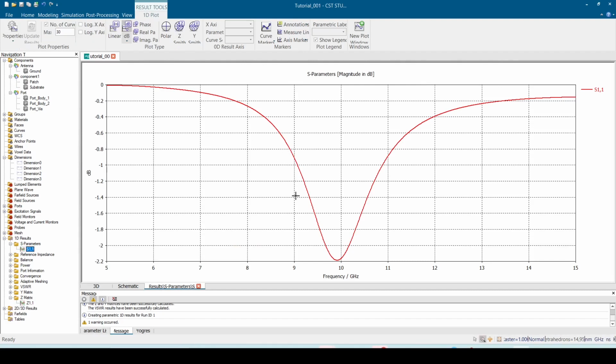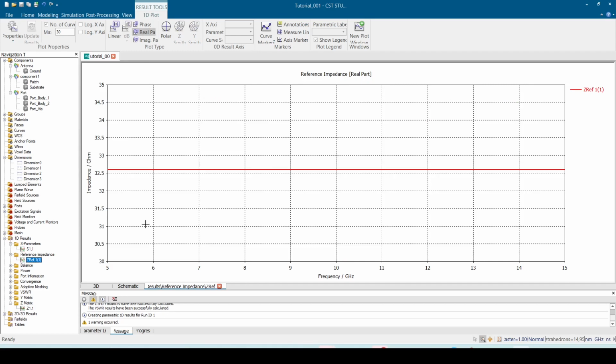So we know, for example, that there is some matching, some performance around 10 gig, which is the desired frequency. And clearly it's not perfectly matched. If it's not matched, there are two things: the port which we are feeding, like the coaxial, and the impedance of the antenna itself. For the reference impedance, we see the impedance of our port, the source, and it is not 50 ohms, so we are now trying to match to this value,